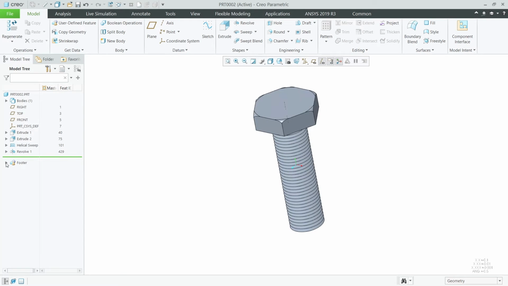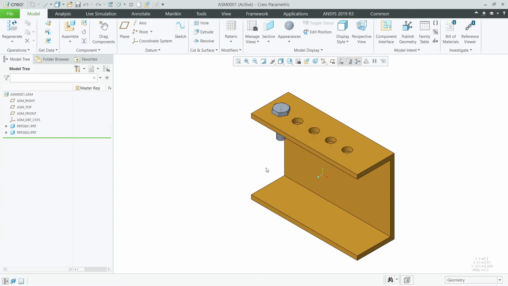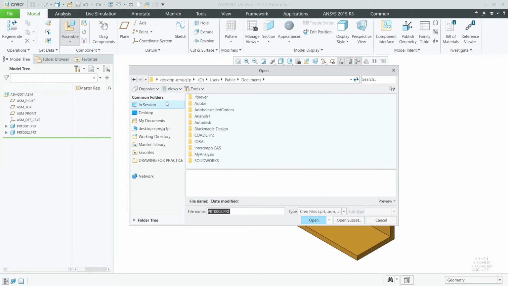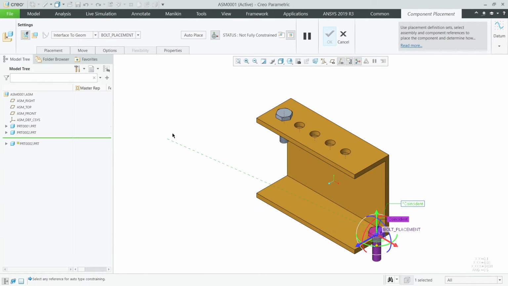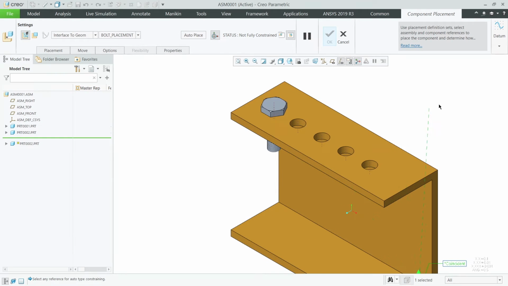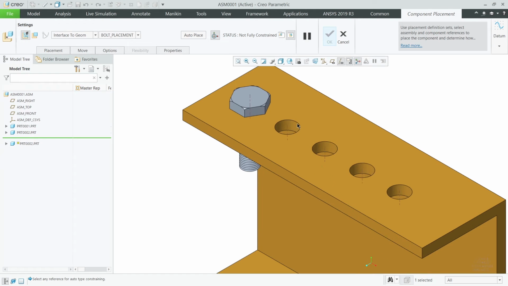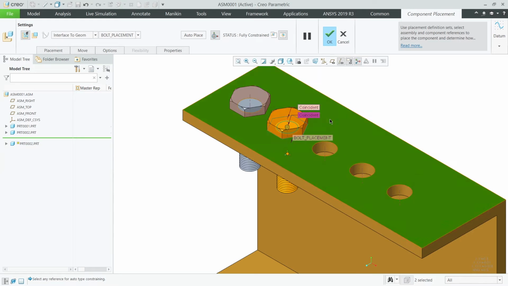Now we have created a component interface that depends on the axis and this surface. As you can see in the model tree, a feature has been created with the interface which is currently active now. Now if I go to the assembly and I try to bring in the bolt, it will ask me for the automatic constraint. See, my mouse pointer has the axis constraint enabled, so there is a dotted line that is getting dragged along my cursor. So I can pick the axis first and this time it is asking me for the surface. So I pick this surface and the bolt is placed.